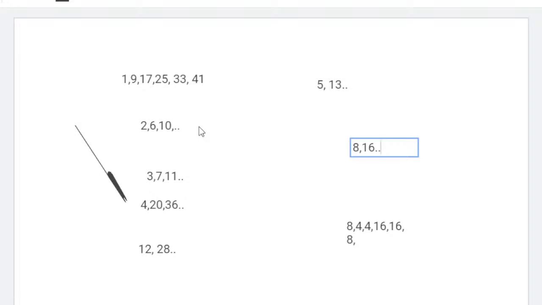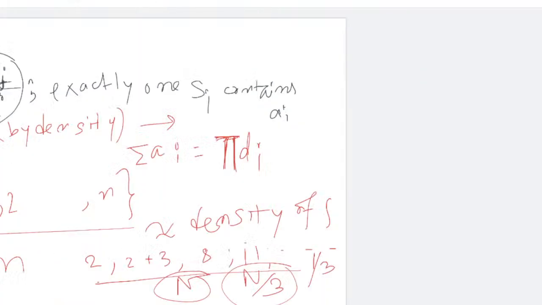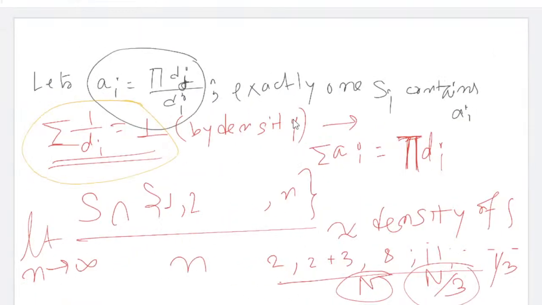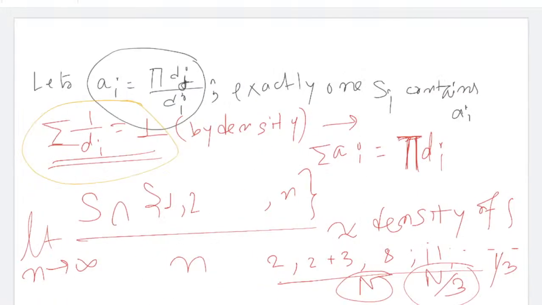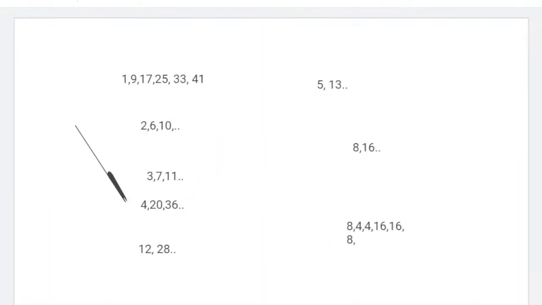As in the small example on page 2 that I put, if you consider the AP 2, 5, 8, 11, and so on, it has a common difference 3, and for a large n, it covers somewhat n by 3 of the numbers. So in general, any AP with common difference d has density 1 by d. I think it's a good intuition. I've never used it before, but now that you think about it, it might be good practice. It's a very specific scenario, but